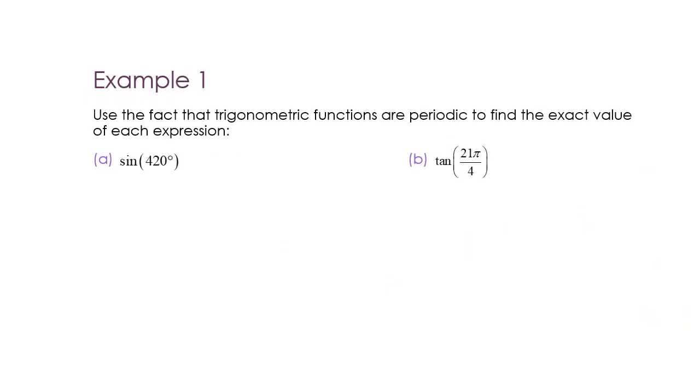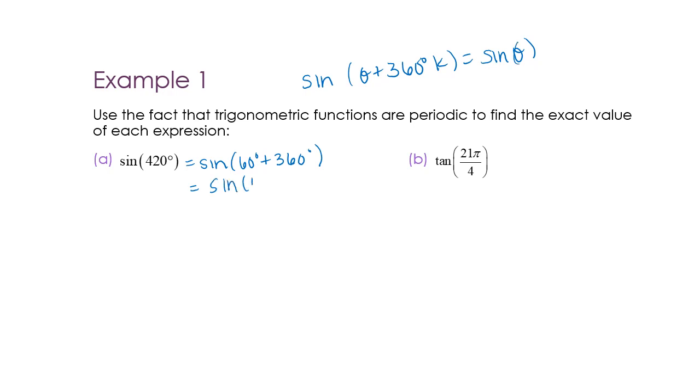So let's look at an example. Use the fact that trigonometric functions are periodic to find the exact value of each expression. So what we could do is rewrite this as the sine of 60 degrees plus 360 degrees. And using that formula that we had before, on this last page, the sine of theta plus 360 degrees k is the same thing as the sine of theta. So I can say this is the same thing as the sine of 60,